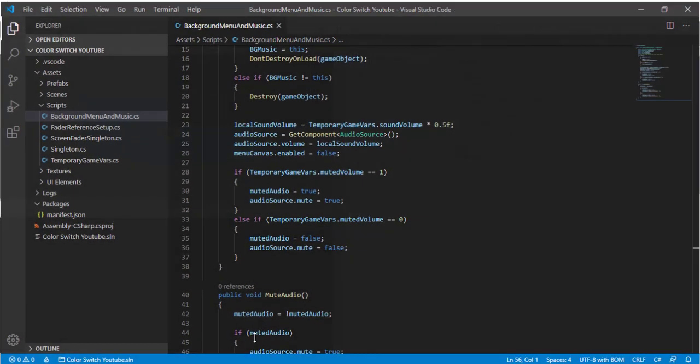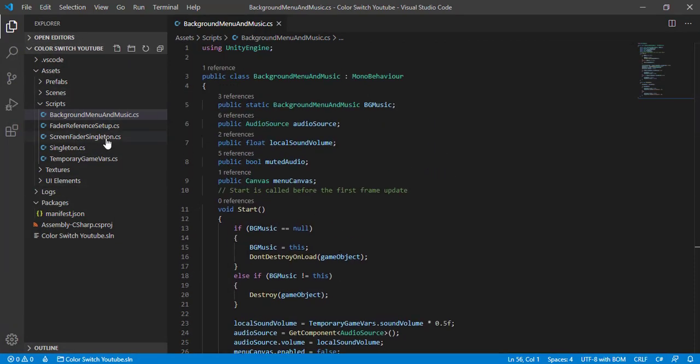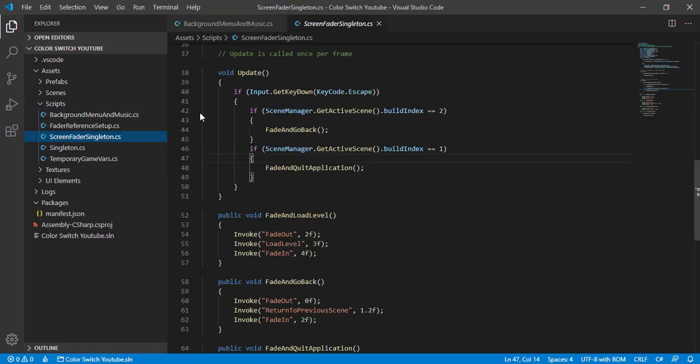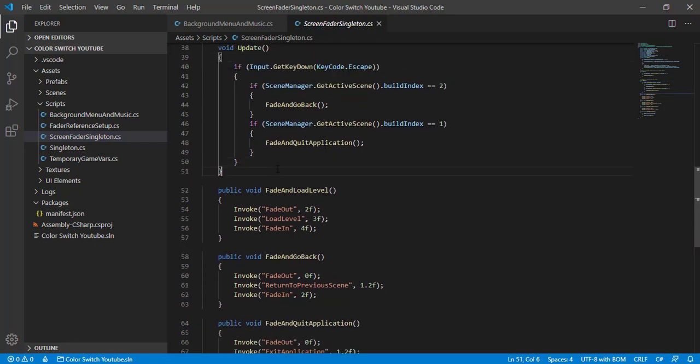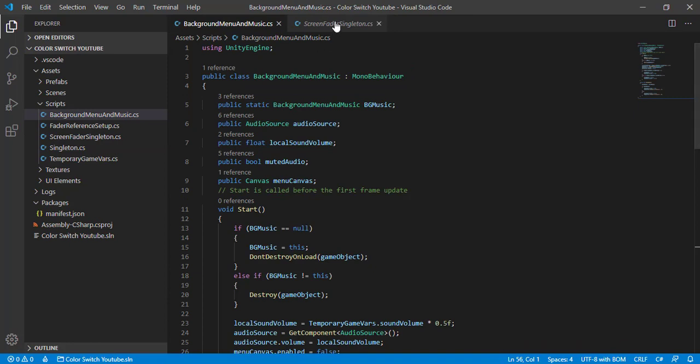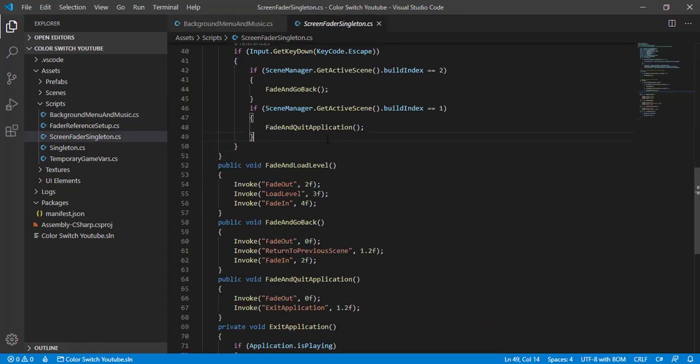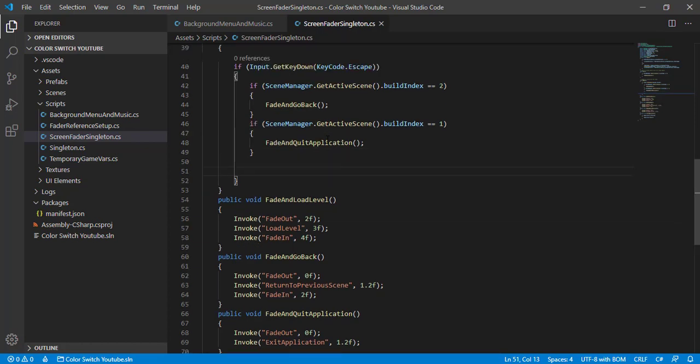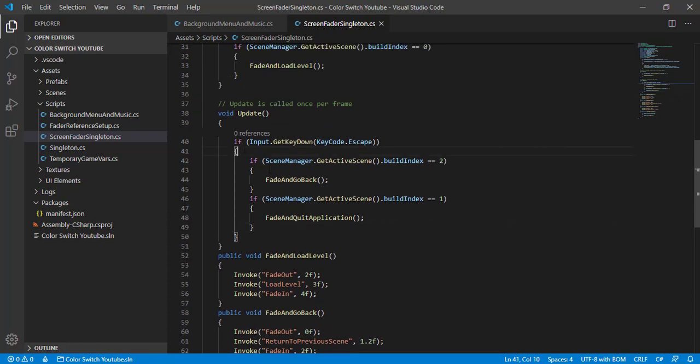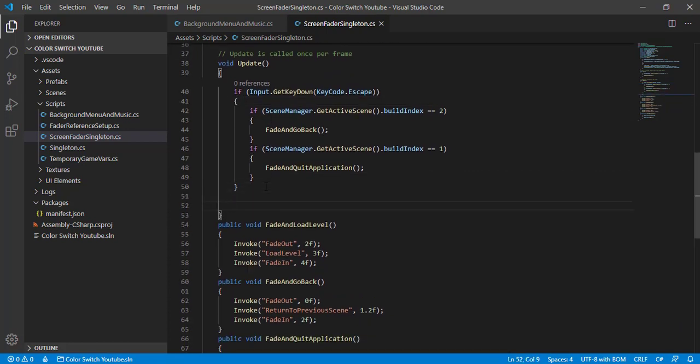Okay, so let's write some code for our screen fader singleton, and that code will basically pop up our menu canvas. It will make it visible, and then it will disable it if we want to. So how to do that, because that is necessary, and that was also the main purpose of why we created this background menu and music class. So to do that, it should be out of this if block, and